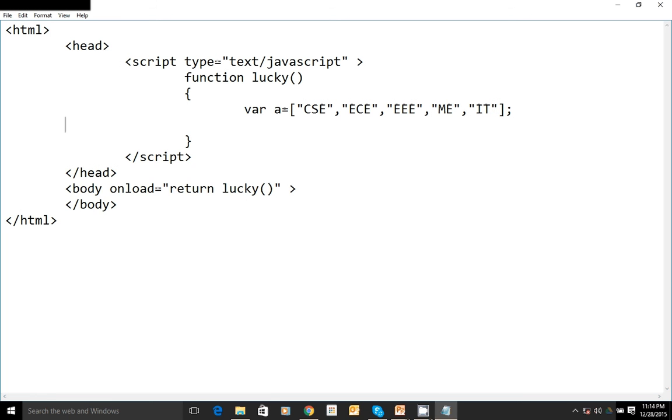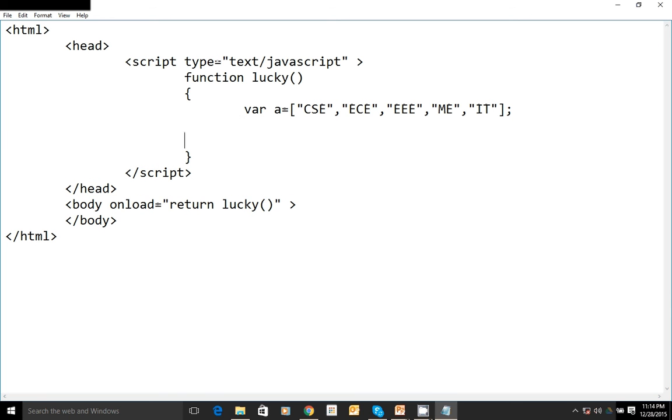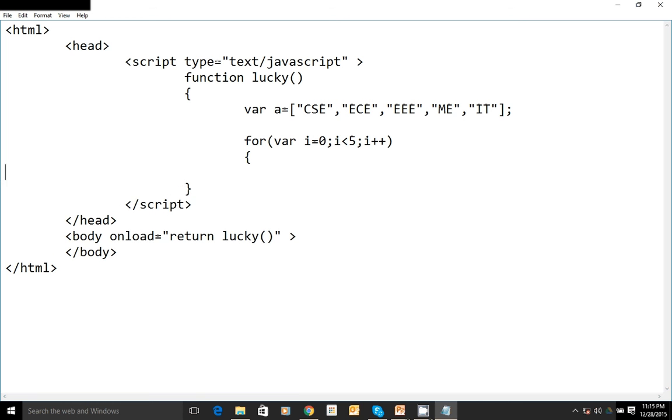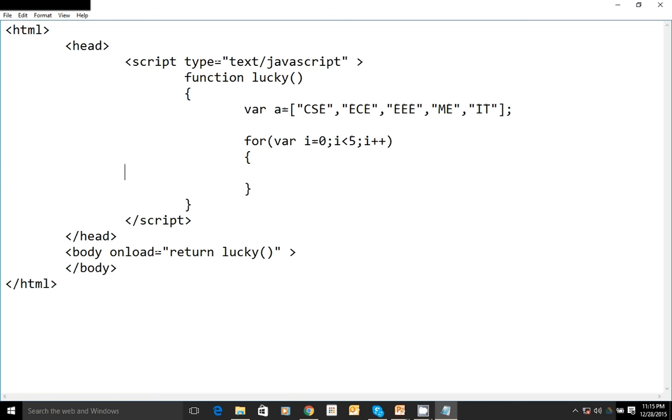If you want to print those values, yes, you can, with the help of a for loop. For var i equal to 0, i less than 5, i plus plus, within this loop let me print the values in the array.